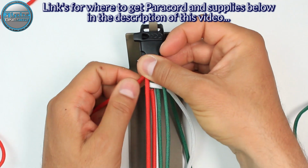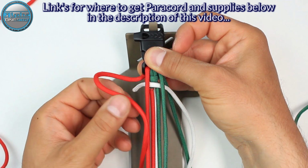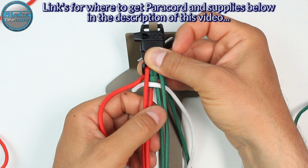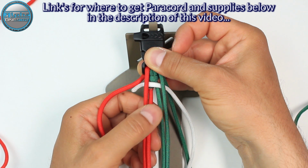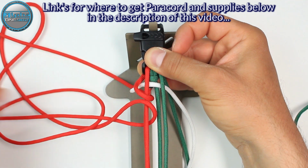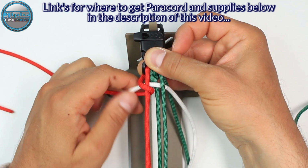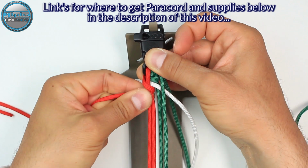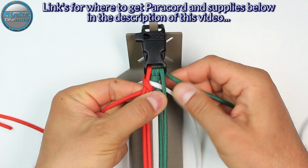Now we're gonna take the red paracord and we're gonna make it around and from the top into the middle between the second and the third core strand, or between the red and the green paracord. So insert it and pull it aside. And now with the green,